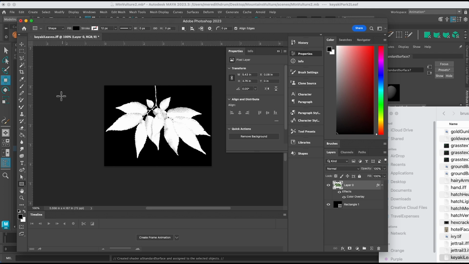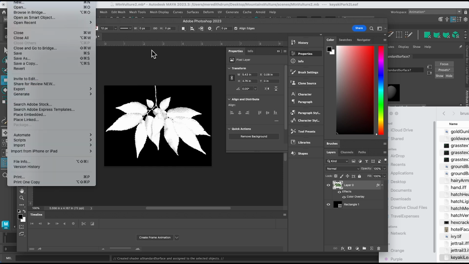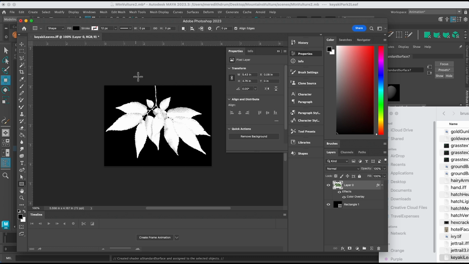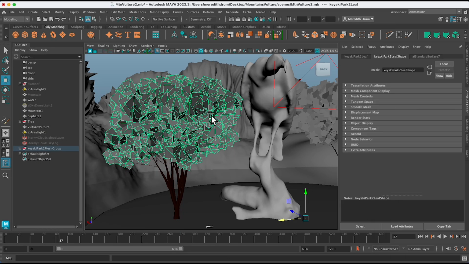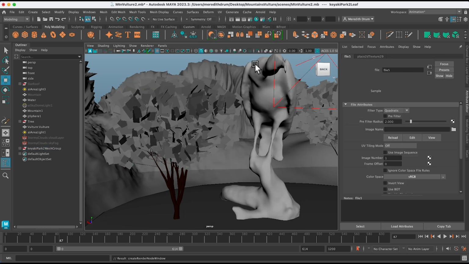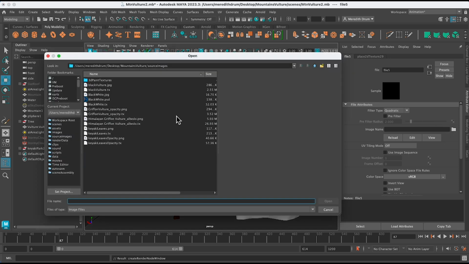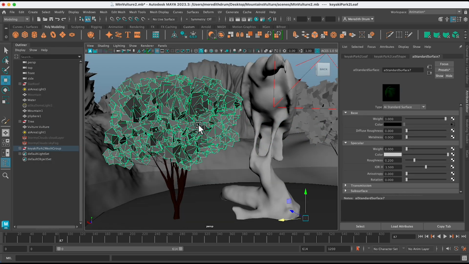You don't want it to be a TIFF, I don't think, but you can go to File and export that as a PNG if you want, or even a JPEG because it works with the black and white. But let's do PNG just to be safe. But anyways, I'm not going to do that because I already have it. So all I have to do here is attach what I already have, which is the file. I'll find it hopefully in, yeah, here it is. There's my positive, the green.